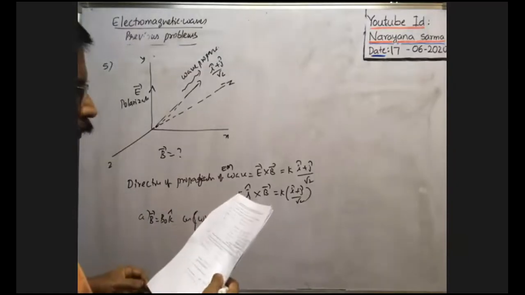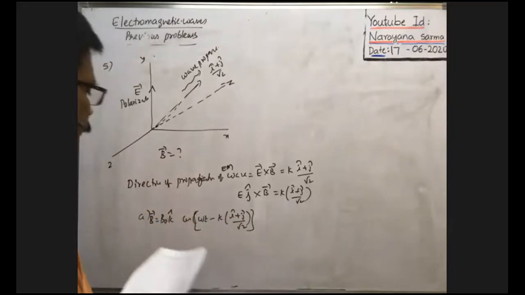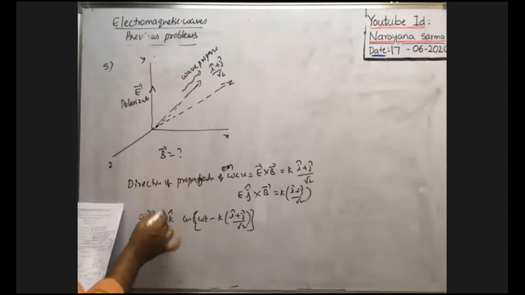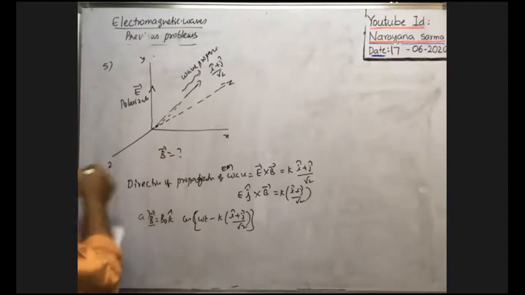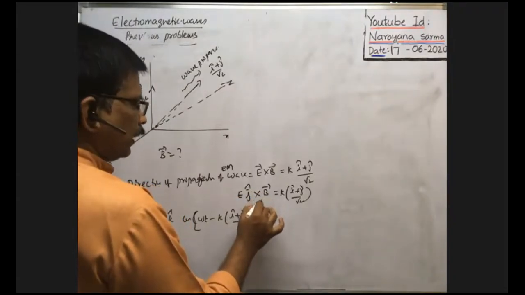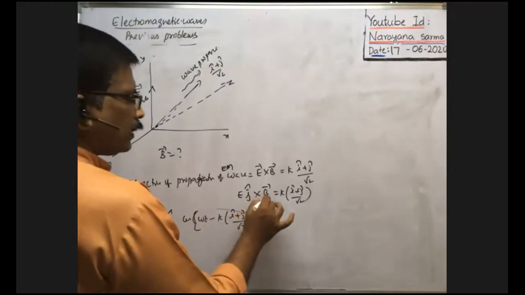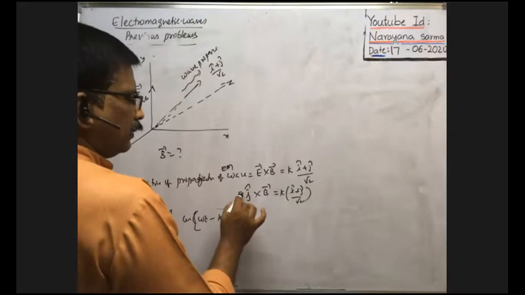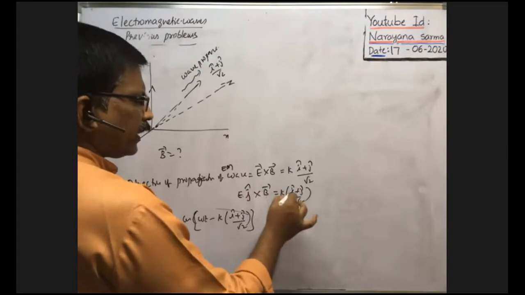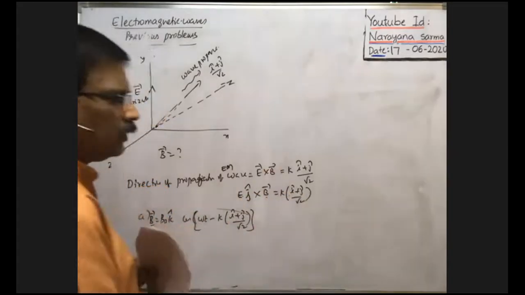No doubt, the wave travels along the direction of (i cap plus j cap)/root 2, that is correct. But whatever the magnetic induction direction, B naught into k cap means magnetic induction is along this z axis, no? Along z axis, when magnetic induction is there, you write B is equal to B naught into some constant into k cap. B naught is constant. Then E into some constant into j cap cross k cap. We won't get that; j cap cross k cap will never be equal to (i cap plus j cap). So that is not correct.